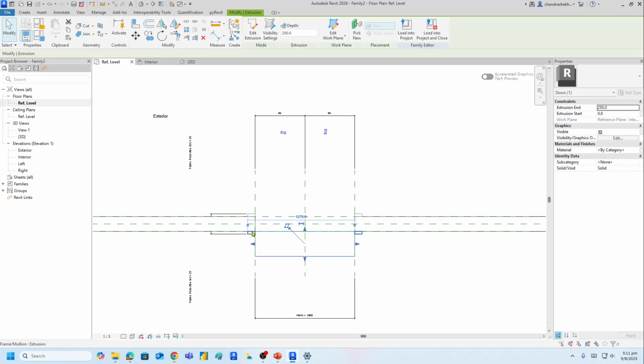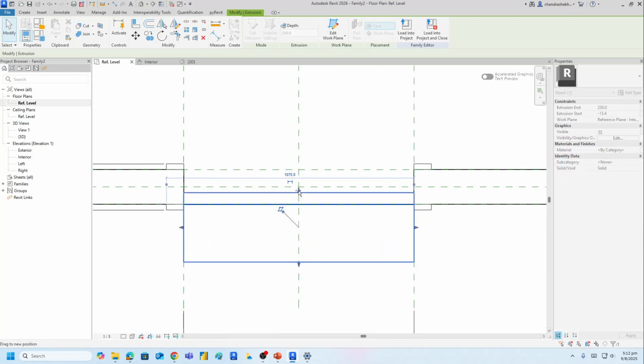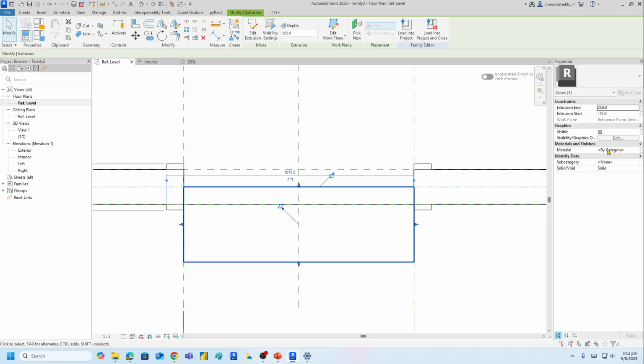And you can see, from the interior towards the interior is positive, towards the exterior is negative, right? So it means that if I drag this and lock there, that distance is minus 75, right? So I want my door to be 40, so I should add 20 more to this, right? So it should be like minus 95, right? And then this should be 40 will be minus